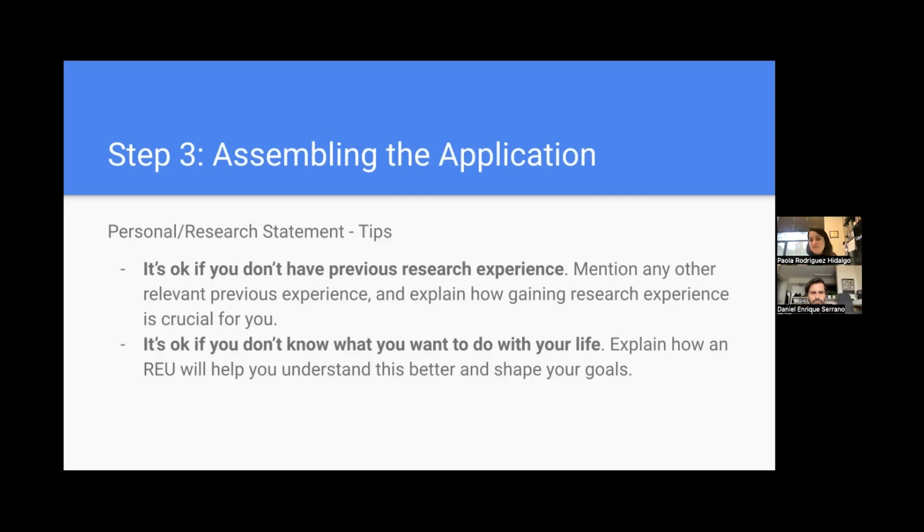And again, we mentioned this before and we're emphasizing it. It is okay if you don't know what to do with your life. Many people know that they want to go to grad school. Many people know that they do not want to go to grad school. Some people know that they want to work in some particular industry and so on, but you might still not know where you're going. That was, for example, my case when I was doing research experience as an undergrad. So just explain how the REU is going to help you make these future decisions in life, and how this experience is going to help you narrow down a little bit your future career.